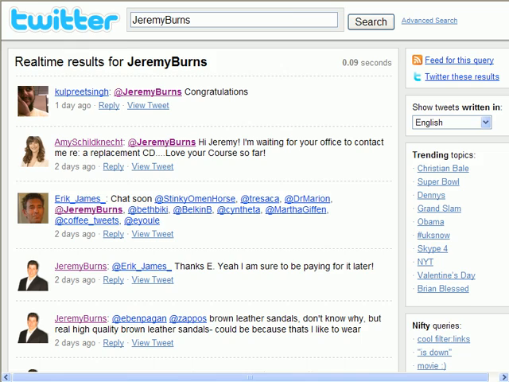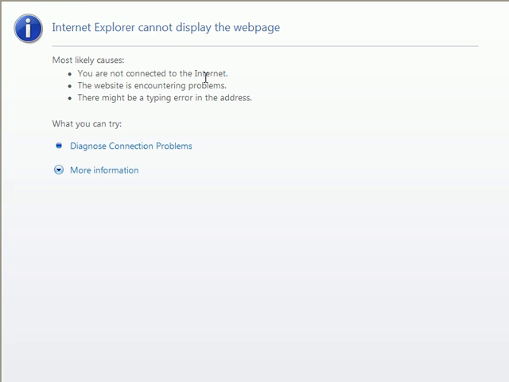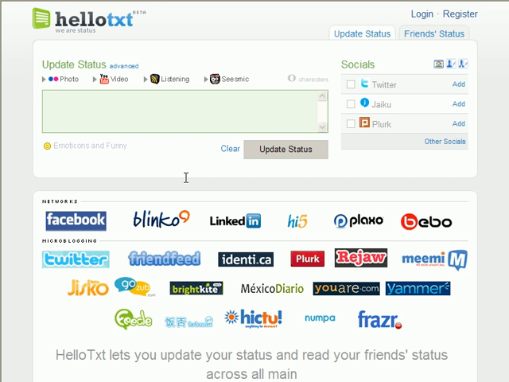Now, let's go ahead and go back to TweetScan. Let's F5 that and see if, perchance, their site is back up. If not, we're just going to skip it and move along. It looks like they're still having some problems. So maybe some server maintenance or something. Let's go ahead and head over to HelloTXT,